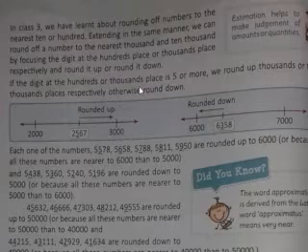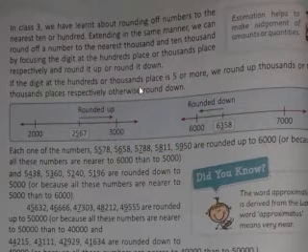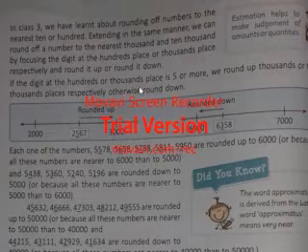In the same way, when it is asked whether 16 is nearer to 20 or 10, if you see from 16 how far back is 10? 15, 14, 13, 12, 11 and 10. So 6 digits back it is 10. And when you go from 17, 18, 19, 20, 4 digits forward it is 20. So which one is nearer? 20 is nearer. That's why it is said when it is 5 or more, 1 is added to the next place. If less than 5, then nothing is added and all becomes 0.